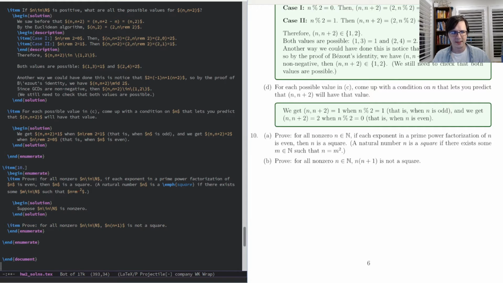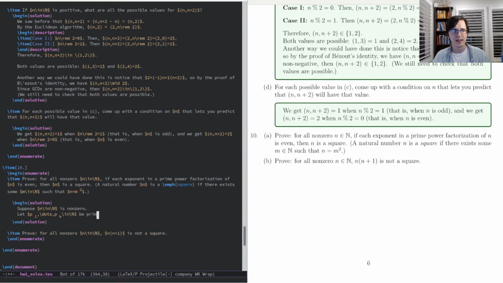So it's a non-zero n because those are the only ones that have prime power factorizations. So let's let p1 through pk be primes,